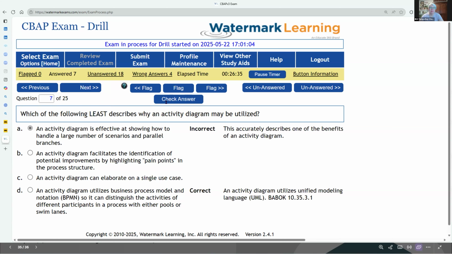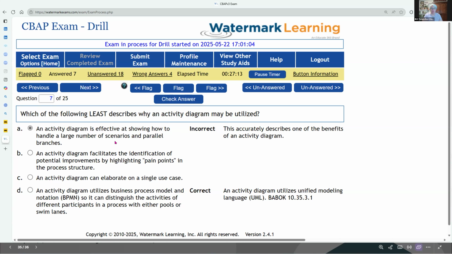So let's maybe test A. Ah, D is the correct answer. I didn't like that one. In the real world, if you get too many different scenarios in a single activity diagram, it turns into what we used to call a Death Star. It almost has to be 3D rotated to figure out what goes where, and it was hard to follow. In the real world, I would say that A is the correct answer, but according to the BABOK, it doesn't like that we said it was limited to